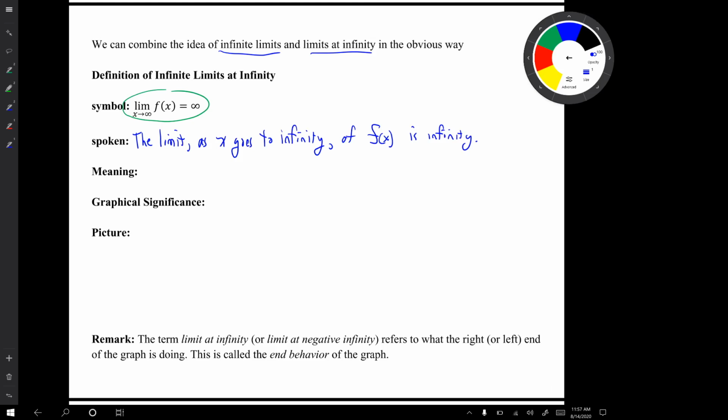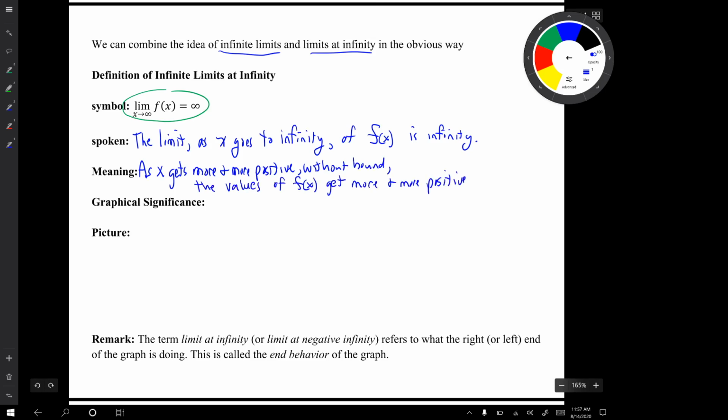As x gets more and more positive without bound, the values of f of x get more and more positive without bound. A picture of a graph that does this would be, so you can see in a graph that behaves as described in this sentence, the right end of the graph goes up. So the graphical significance would be,